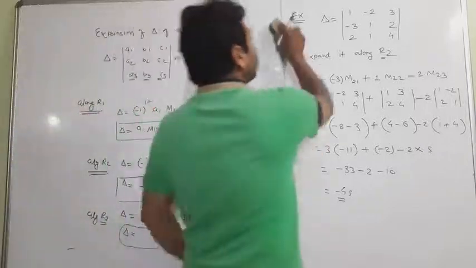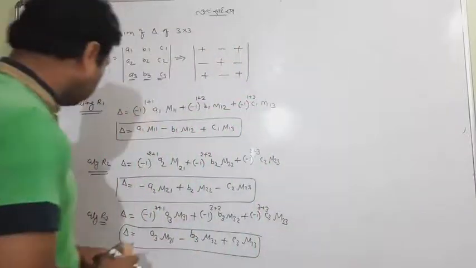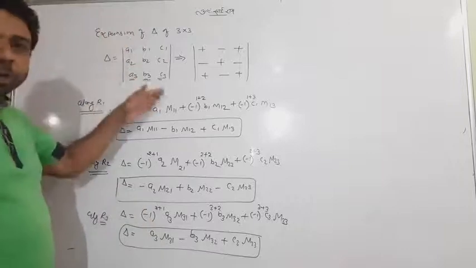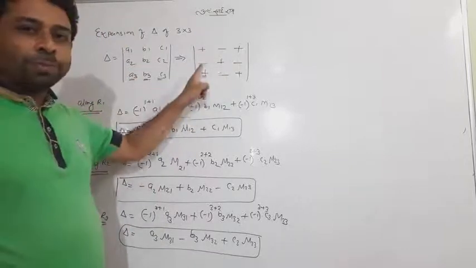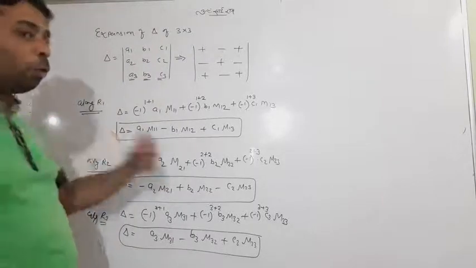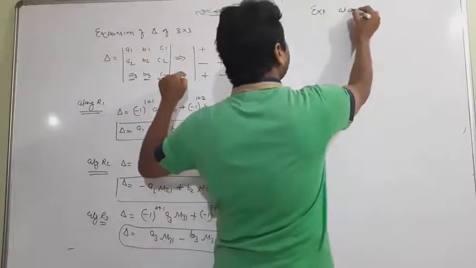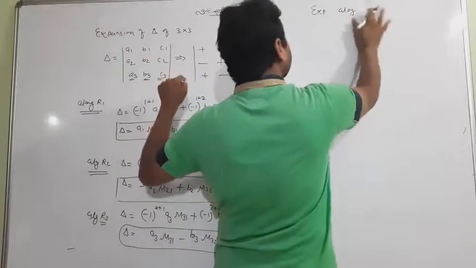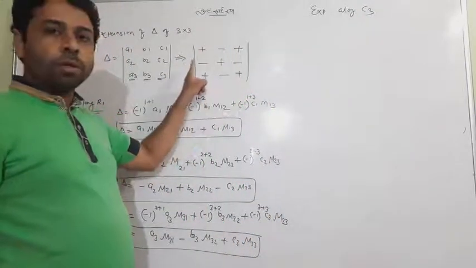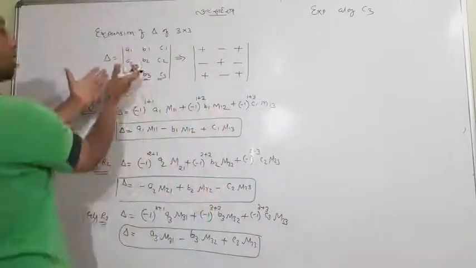Okay, I tell you one thing: now you have gone through along R1, along R2, along R3. Now what about column 1, column 2? So don't be afraid. The sign is there only. It is always followed for along column 1, along column 2 also. Like if I write, expand it along column third, so don't worry. Even for row or for column, it is always followed. So it's column 3. No worry about that. This is your determinant.